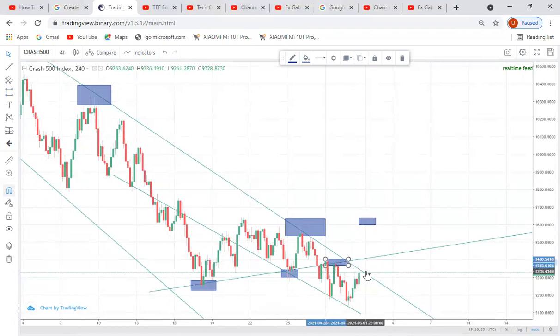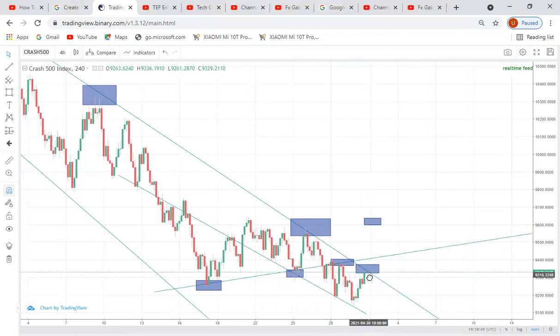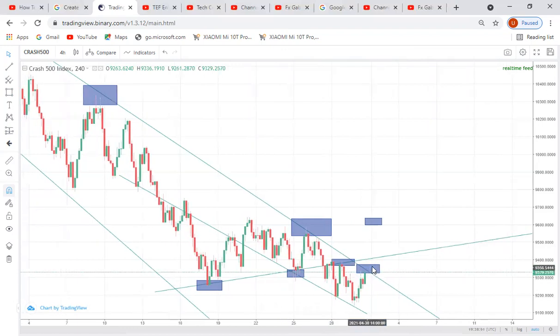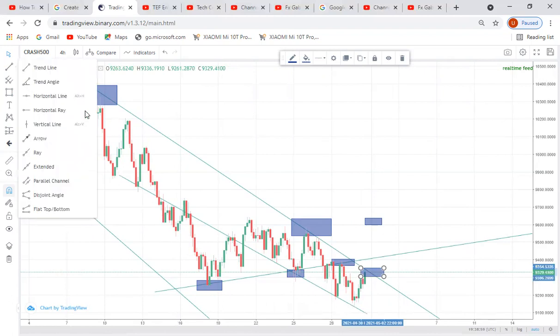If price eventually breaks this downtrend channel on Crash 500, I have already shown you on the daily time frame where I'm watching for this pair to hit, and then we come back for another long sell again. So I'm expecting price to break out of this particular downtrend channel on the 4-hour. Since it started buying and it's still moving,